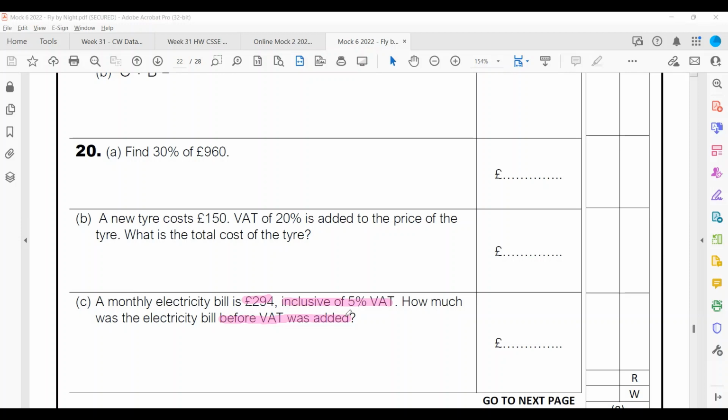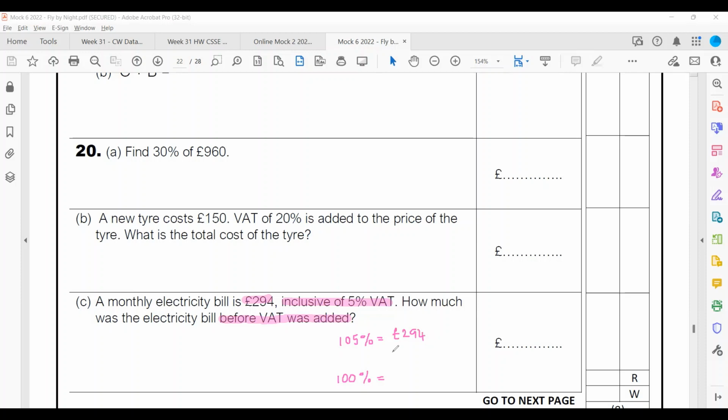Now, VAT stands for value added tax, and that is a tax that gets added onto goods in the UK and is payable to the government. But you don't need to worry too much about what VAT is. It's just something that's added on top of the original cost. So the original cost, again, the original amount, remember, is always 100%. And that is what we're trying to find. Now, 5% VAT has been added to that 100%. So we've added 5% to 100%. So we have 105% of the original amount, which we know equals